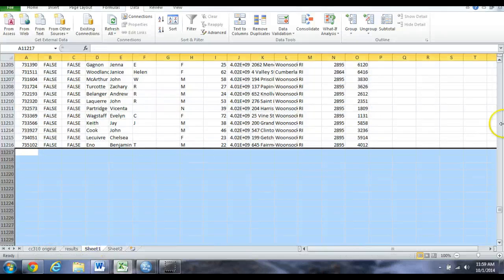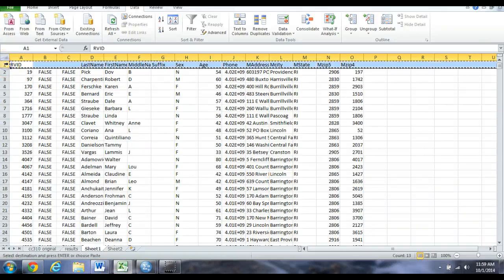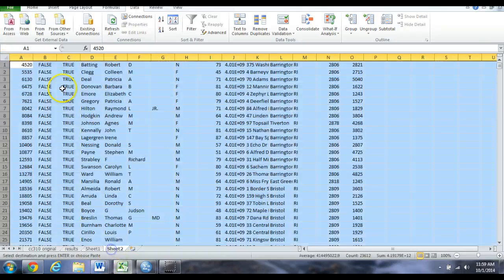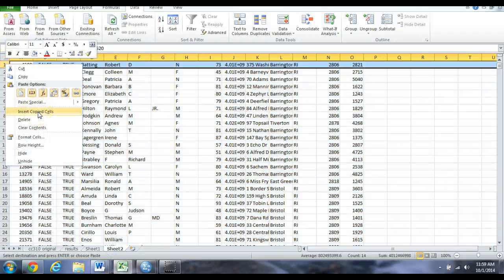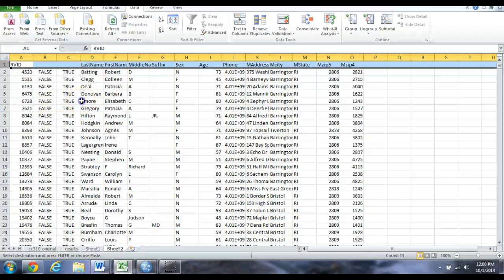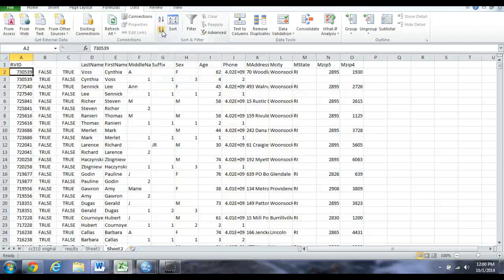We will then go back and just take the header row here, so in case you get confused about what columns we're using, we can stay consistent. And you'll insert the copied cells. The next thing to do is sort again, and this time we're just going to do a quick sort, so we'll sort by this number. And what you'll see here is that Cynthia or Voss, their numbers right here, all equal